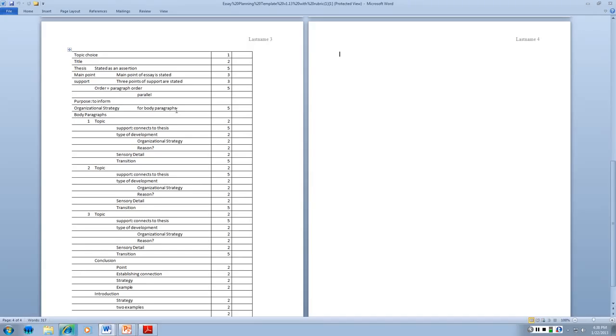Have you provided organizational strategies for the body paragraphs? Is the whole body organized chronologically, emphatically, or spatially? For each one, what support have you provided? Support that connects it to the thesis? How are you developing it? Description, narrative, illustration. How are you organizing it? Chronologically, order of importance, why did you organize it that way, do you provide sensory detail, and do you provide a